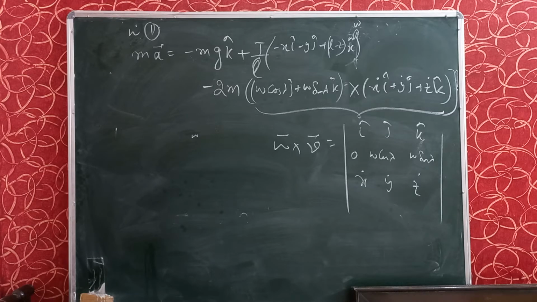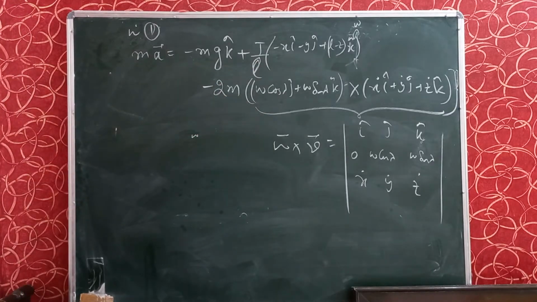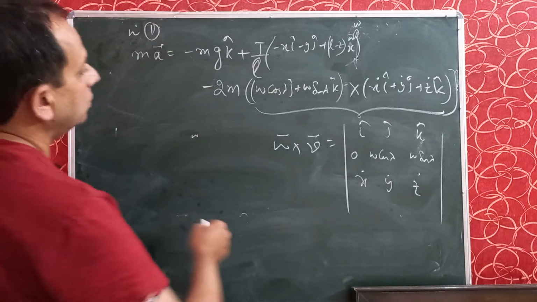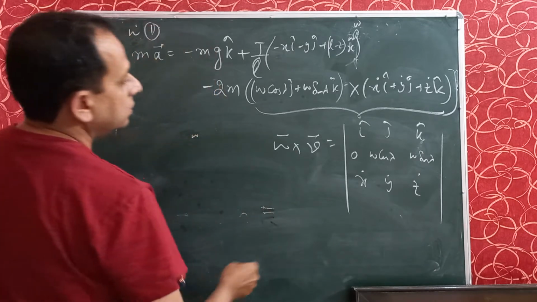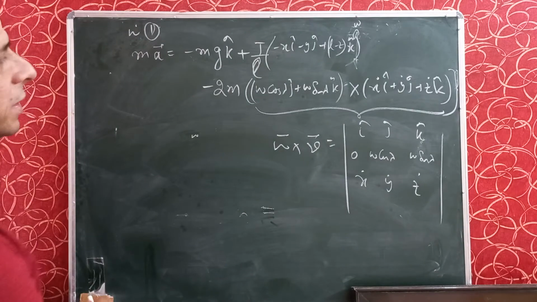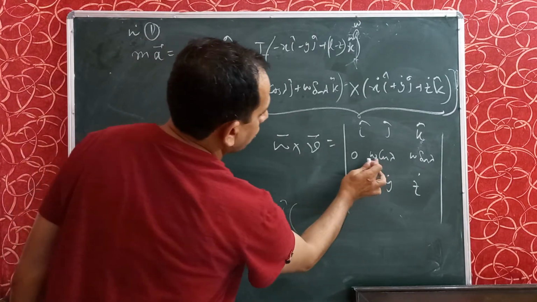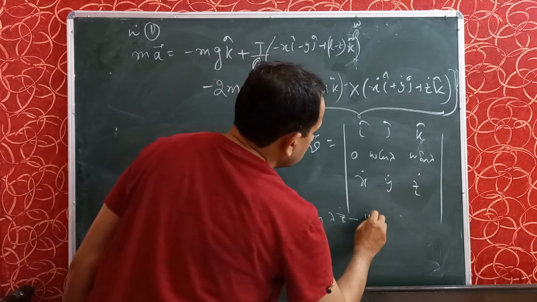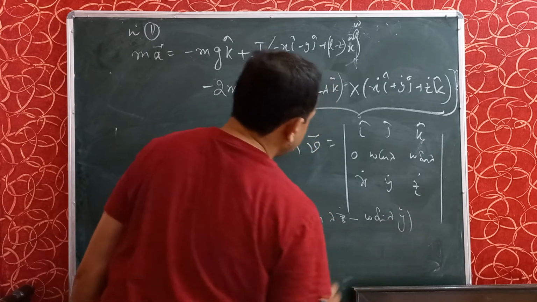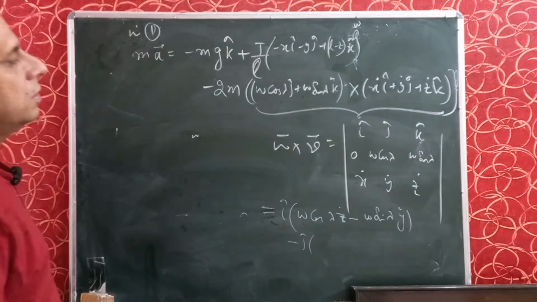In our previous lecture, we have obtained the values of different components, and the standard equation is this. Now we will put the value of this cross product by this method. That is, you know that the determinant of a 3 by 3 matrix will become i into omega cos lambda into z dot minus omega sin lambda into y dot, and minus j, this one, it will become